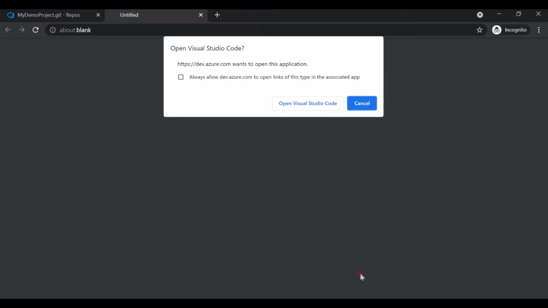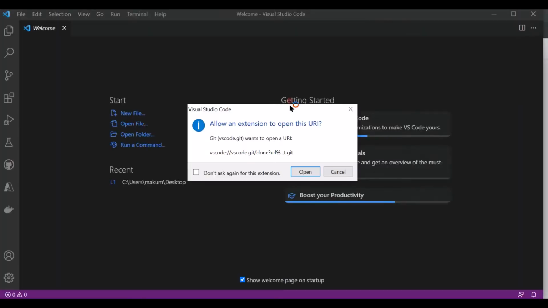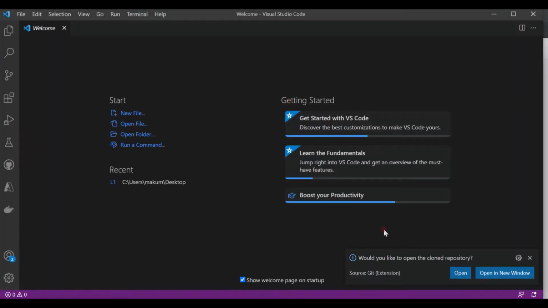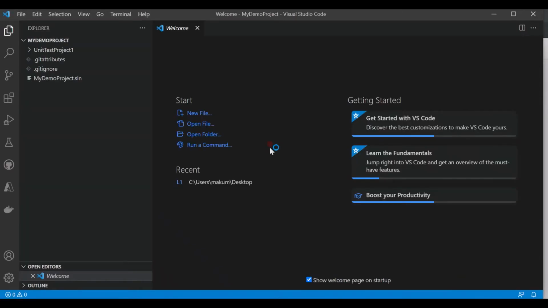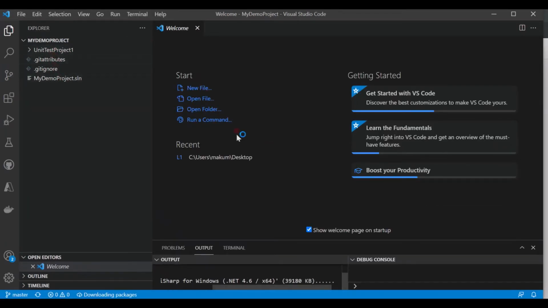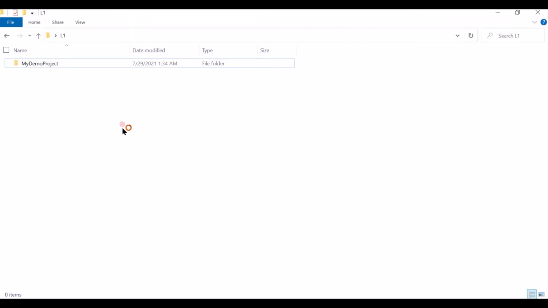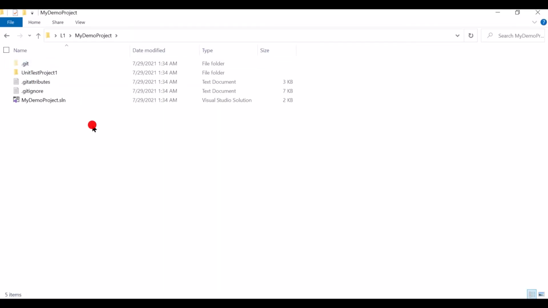So I'll select this Visual Studio Code. It will ask me to open the file. Okay, but as soon as I click on this, it will ask me the folder, like in which folder basically you want to clone this repository. So I'll pause the video for a moment and I'll start it again. Yeah, so as you can see, after cloning the repository, it will ask you whether to open the cloned repository here or not. So as soon as I click on open, you'll get the repository open over here. And if I go and show you the L1 folder, you'll see the repository is cloned properly,